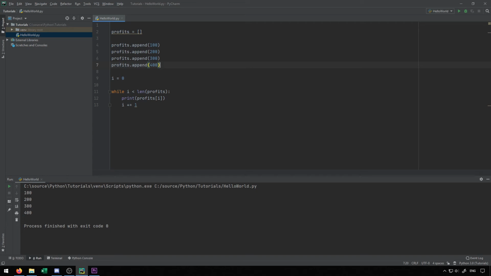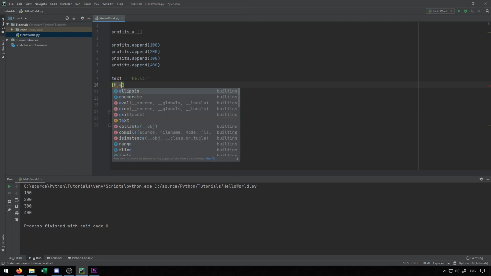One other thing that I will note about lists is that when we deal with things like strings of text, so for instance, when I had text equals hello, text is actually treated as a list in Python. So every single one of these letters is an entry inside of the list, and Python sort of treats it as a coherent string, but in the background, everything is really just a list of letters. So that hello actually looks like something like this,